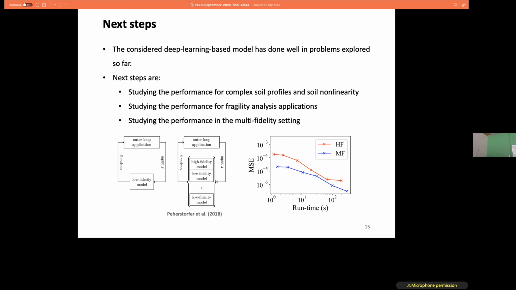So here is an example of using this framework for a multi-degree-of-freedom system. For each budget that I have, let's say a 10-second budget, if I use the high-fidelity model, I need to go with a lower number of samples. So let's say I can only run 10 high-fidelity simulations, and then I can do some MC estimation of the quantity of interest. And this is the mean square error I have for, let's say, 10 seconds.